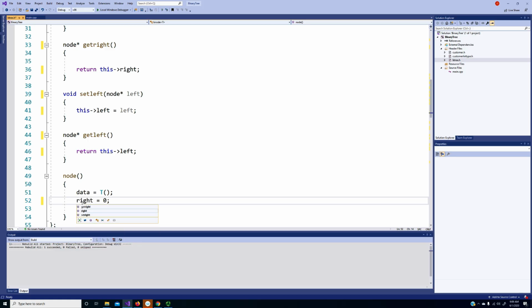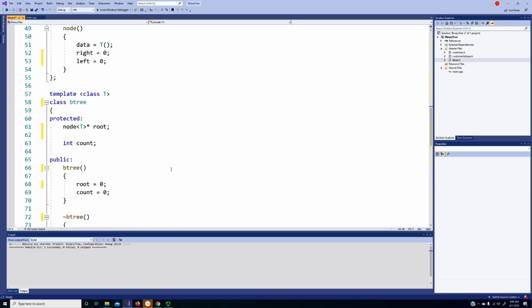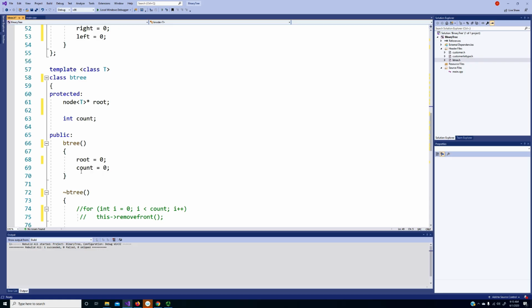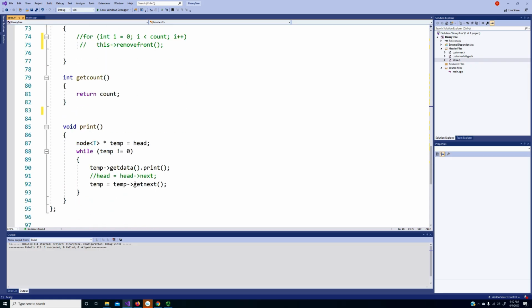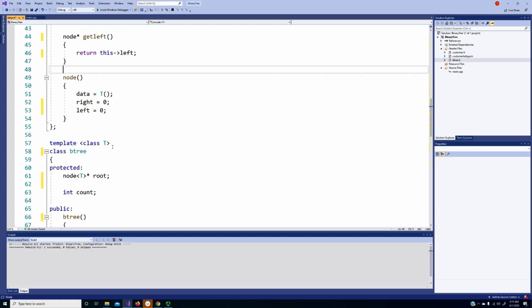This is right, and this is left. Okay. All right, so left and right is just the same as next and previous,